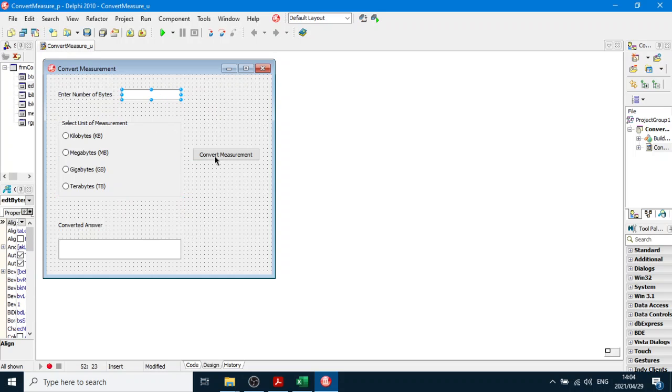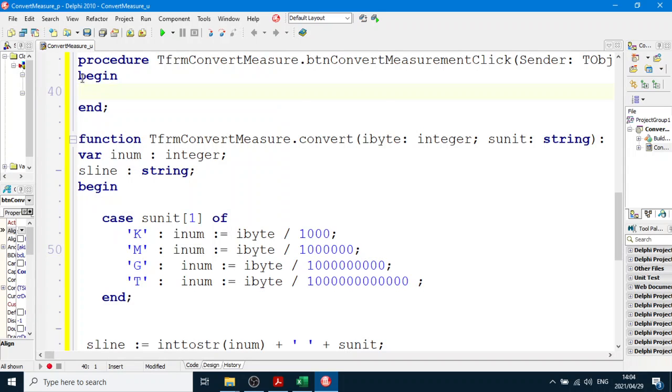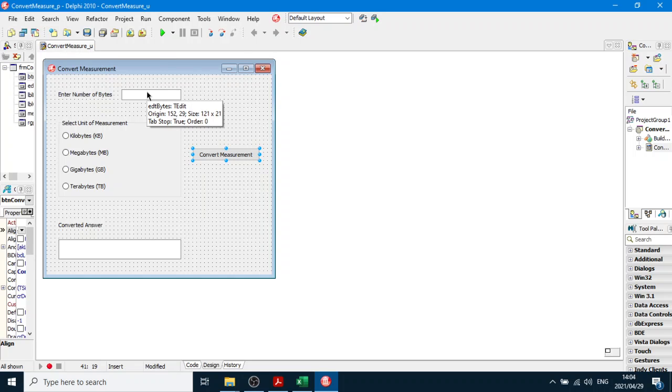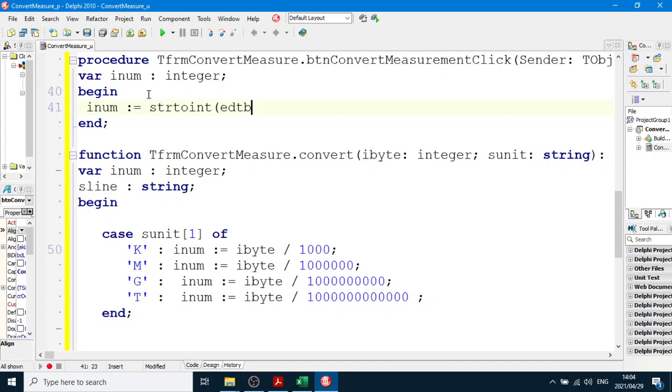First of all, get our integer from EDT bytes. So I'm going to call it a variable inum, integer, and I'll say inum equals string to int, get our input, and that's EDT bytes dot text